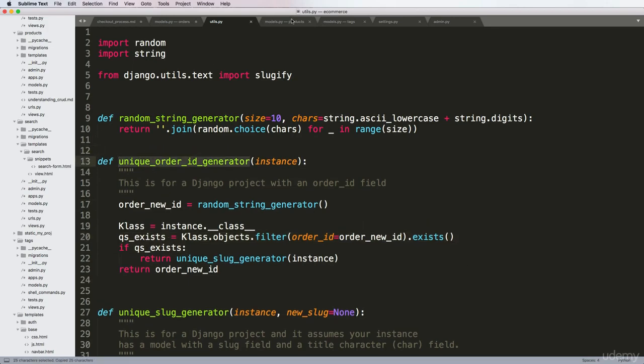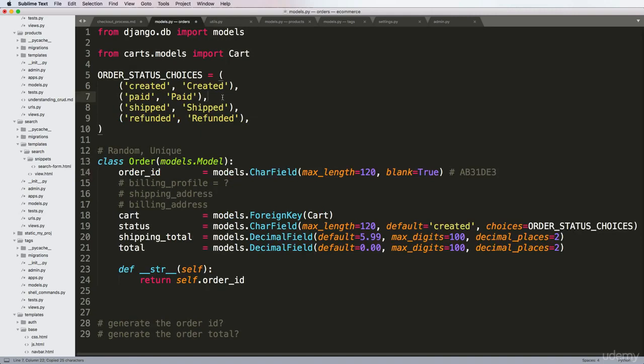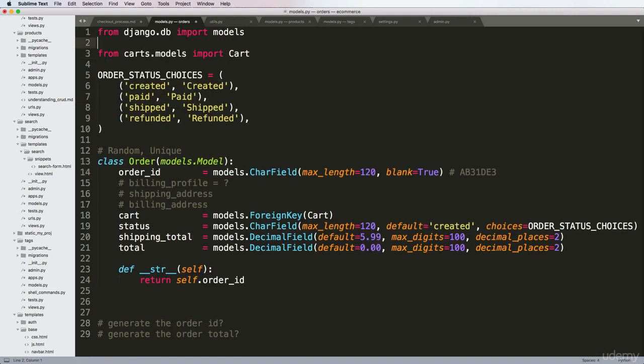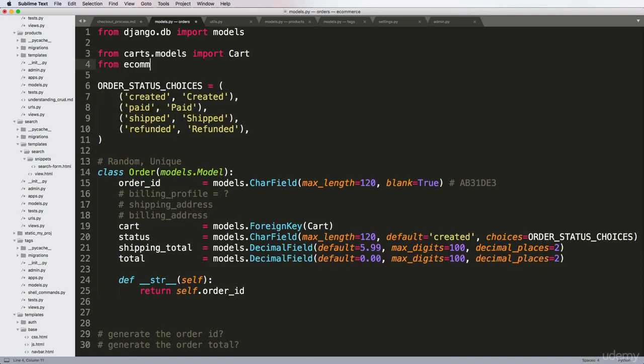So how do we use this? We're going to go ahead and go into our order model and import this in. So from e-commerce, let's stay in order. So from e-commerce.utils, import unique order ID generator. And then we also want to import signals. So from db.models.signals, import